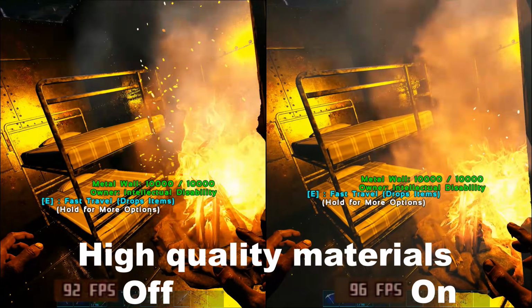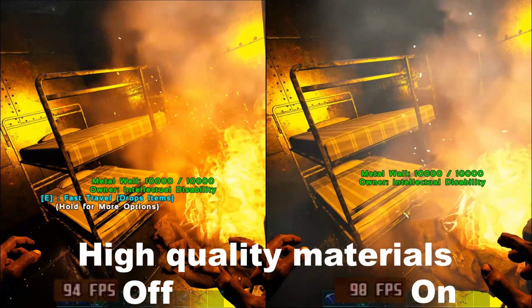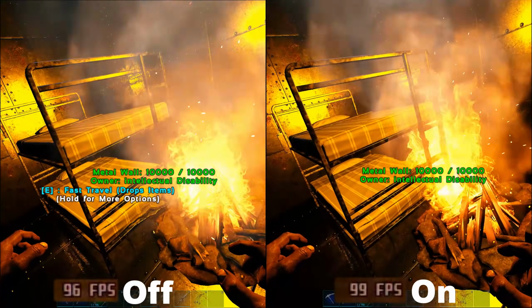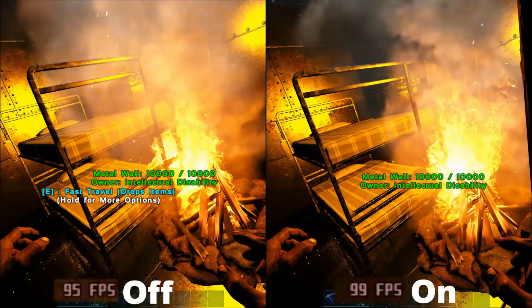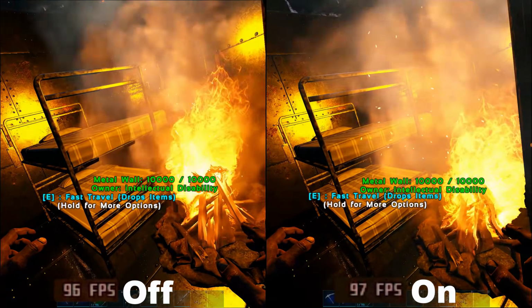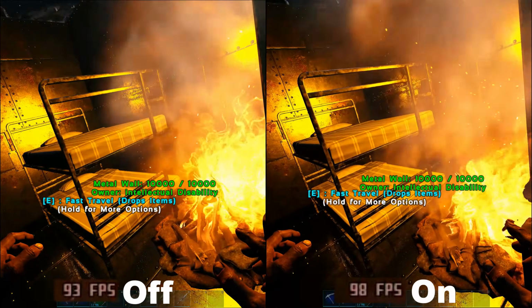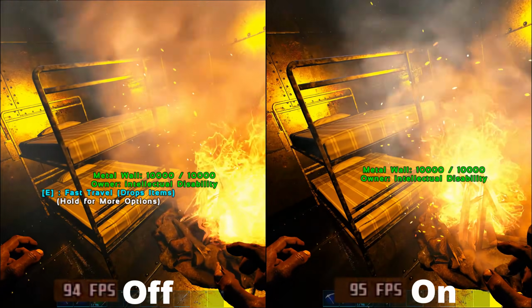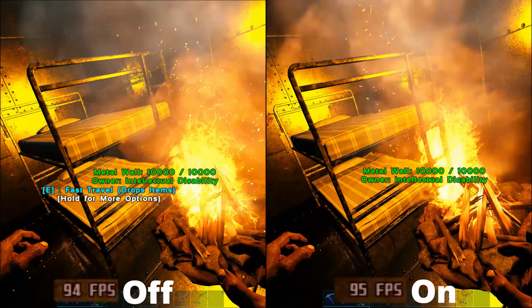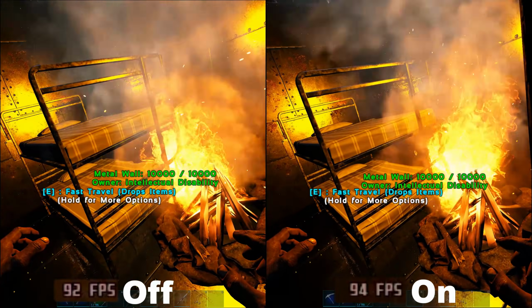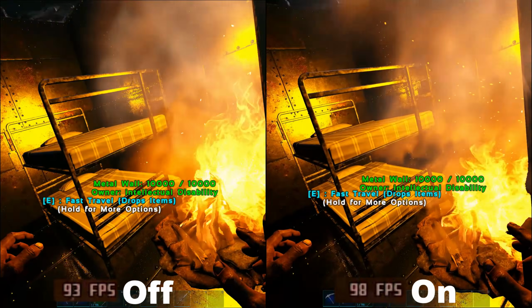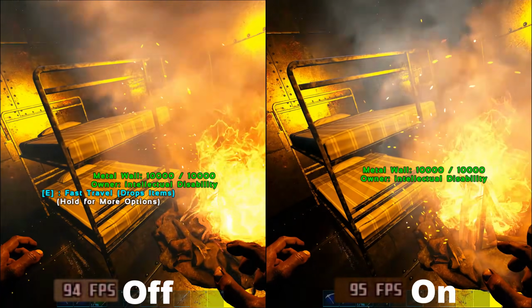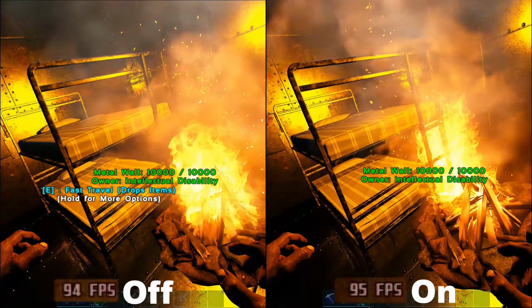Next up, we have high quality materials. High quality materials enables the use of higher quality shaders, which should increase the fidelity of reflections on metallic and other surfaces, which is what I'm trying to replicate with the fireplace inside this metallic house. But as you can see, or maybe can't see, there's not really that much of a difference in terms of the fidelity, at least not for me. I can't really see the difference between the two. And even in FPS, it seems to be a bit on and off who has the most FPS. So I would just leave it off to be sure, because there might be some very specific scenarios where you lose a lot of FPS and you won't know why. So just leave it off.